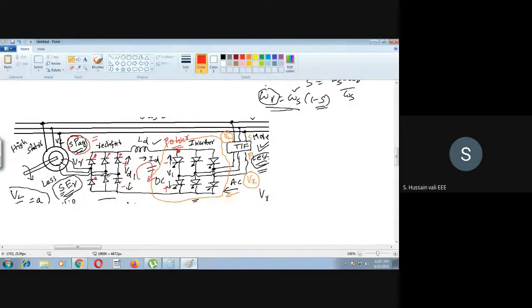This is another type of Scherbius drive. See, both do the same function. The explanation which I have given will remain the same, except now the equations may vary here. Why is it? The equations now for VD1 also you will have in terms of cos alpha, because this alpha is different, this alpha is different. So I will take this as alpha 1, I will take this as alpha 2. So this is the only difference. So we will see when we will use this and when we will use the previous circuit diagram. So this is also static Scherbius drive.